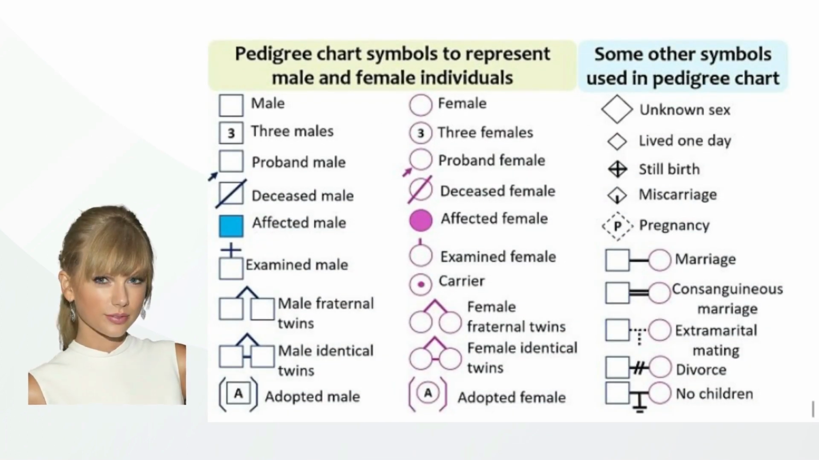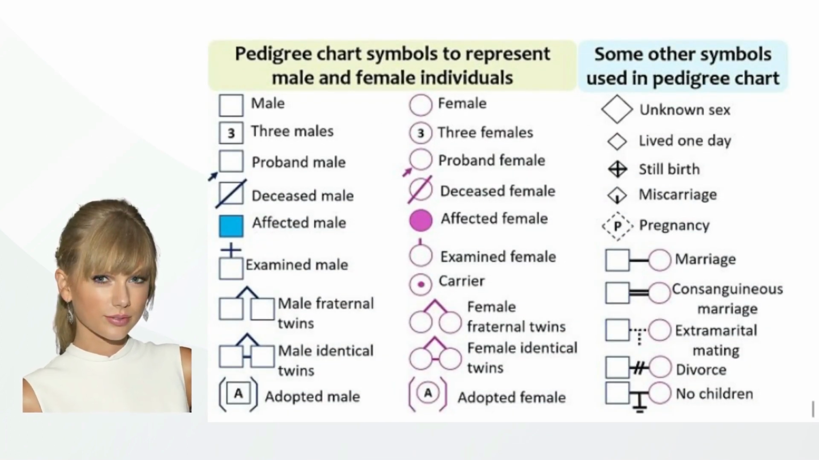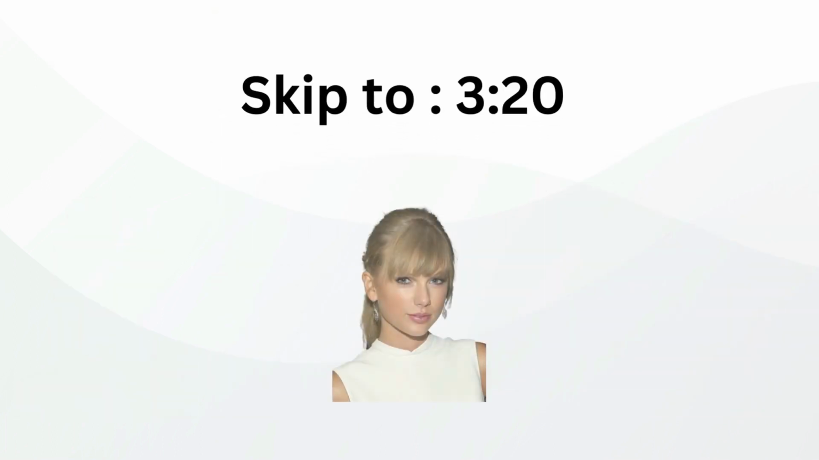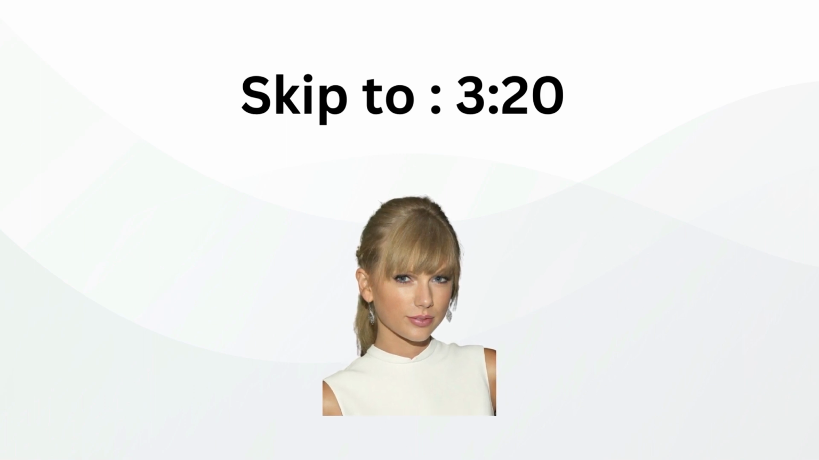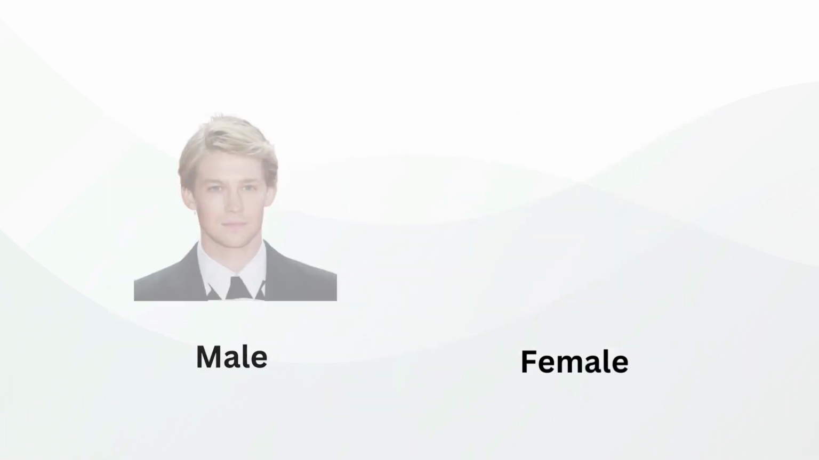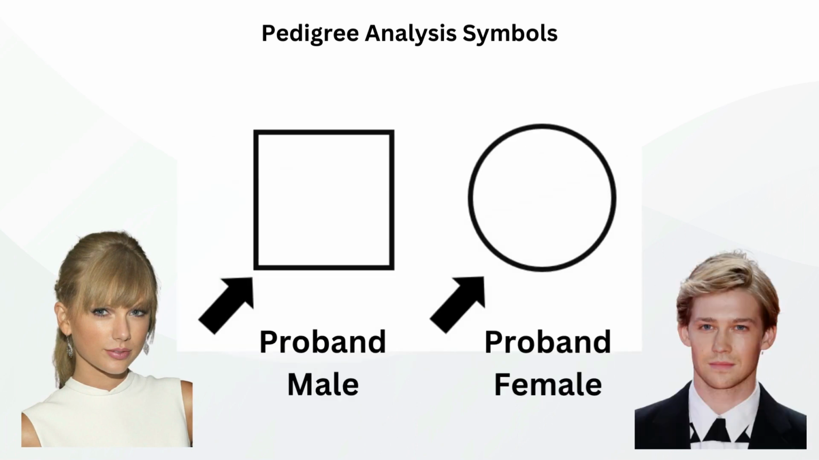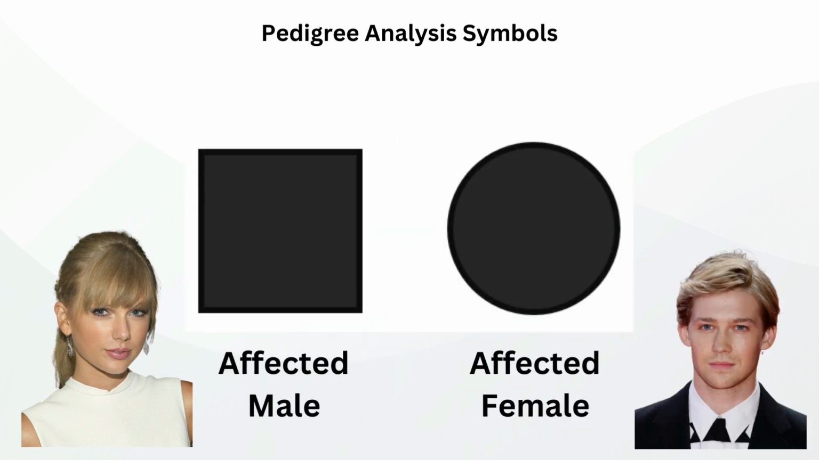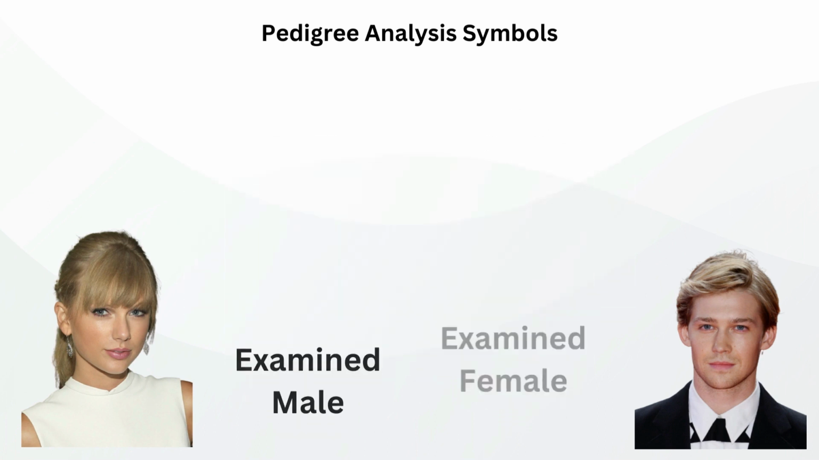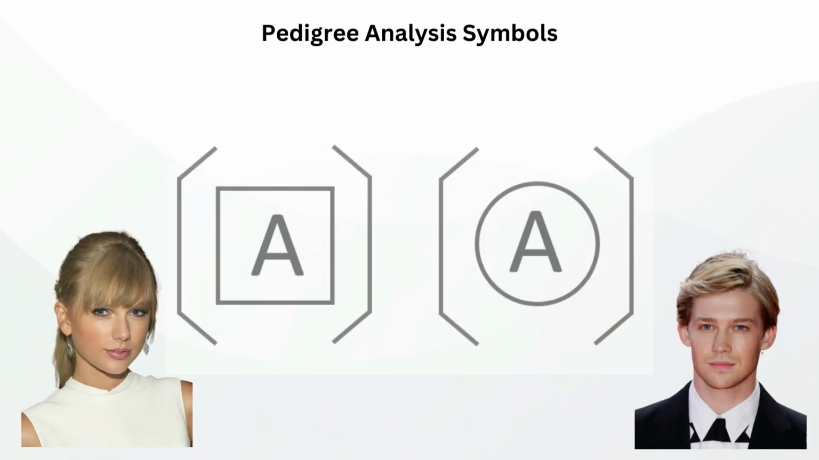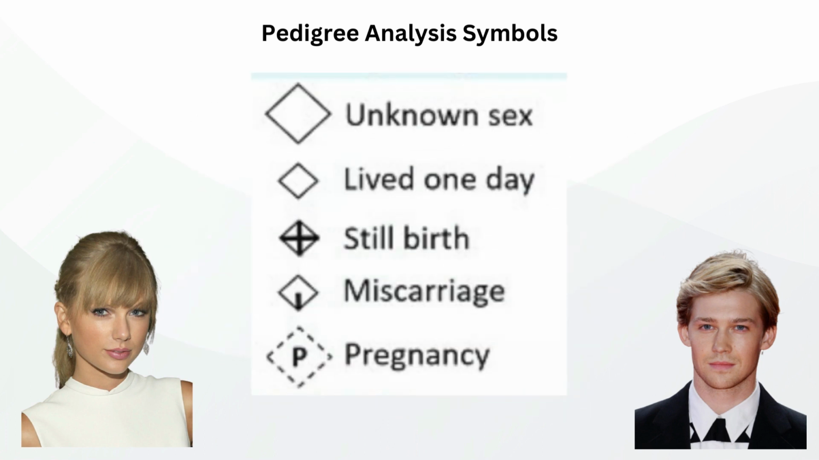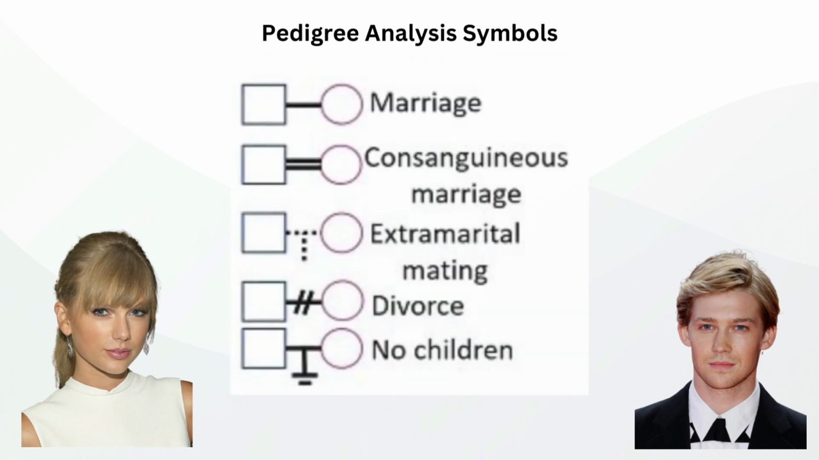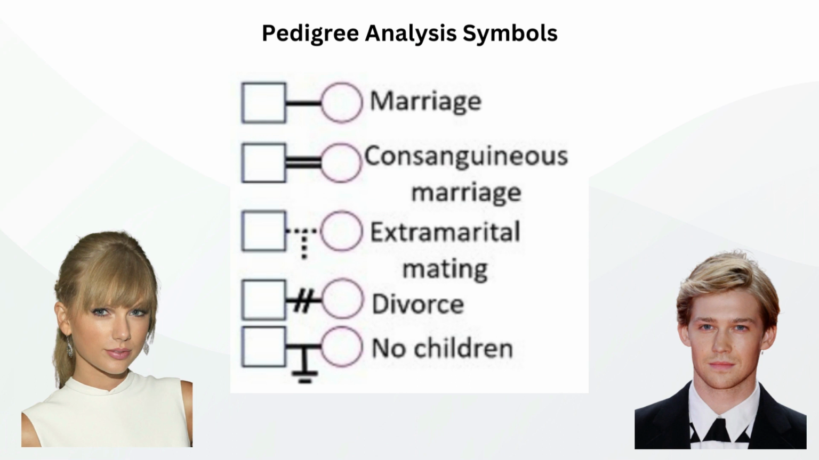Let's dig a little deeper in mastering the pedigree analysis with these symbols. If you already know the symbols on a pedigree chart, you may skip to this timestamp. Here are the symbols: the male and female, the numbered male and female, the probands, the deceased, the affected, the carrier, the examined, the fraternal twins, the identical twins, and the adopted. And here are the other symbols: the unknown sex, lived one day, stillbirth, miscarriage, pregnancy, marriage, consanguineous marriage, extramarital mating,